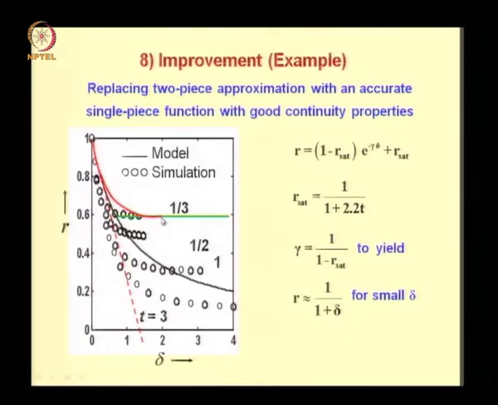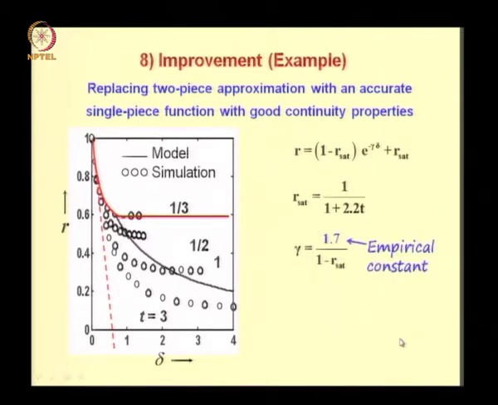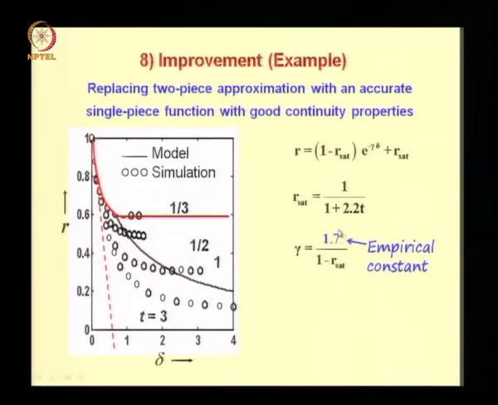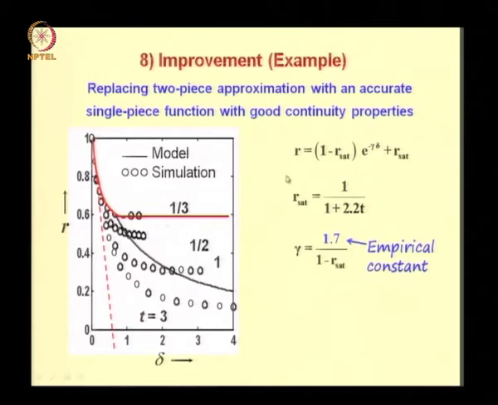Though for large values of delta it seems to saturate at the simulated value. So you can improve matters if you slightly increase the slope of the initial portion of this curve, so that your curve will become something like this and it will follow the simulated points. Now that amounts to modifying the value of gamma as follows. So if you increase gamma by changing this factor unity to 1.7, it turns out that your curve, which is this expression, matches the simulated results quite well.